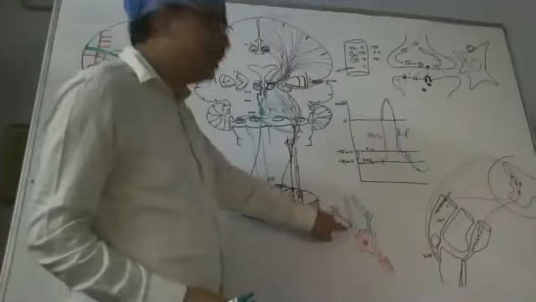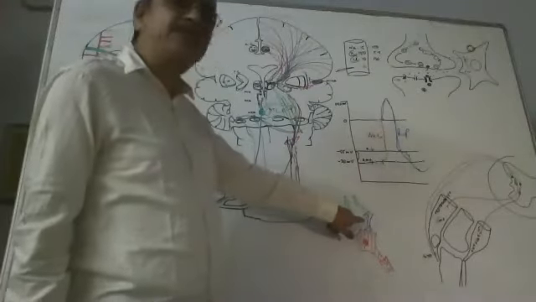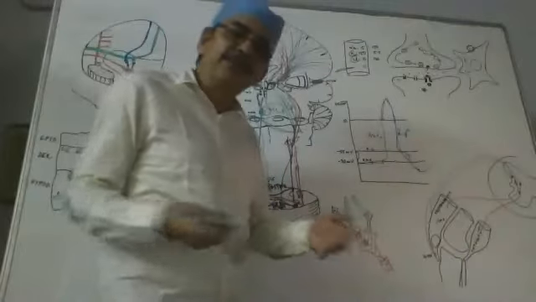There are two types of inhibition. One is presynaptic inhibition, another is postsynaptic inhibition. Postsynaptic inhibition is done by the